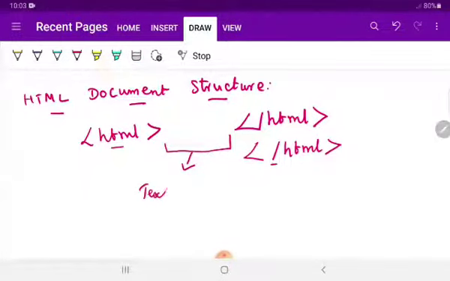You will be having text. There is a possibility to have audio. The next one is video, and next is links, hyperlinks. You have to write all of that within the HTML tag. Whatever content you are willing to have, everything must be written within the HTML tags only. If you are not writing it, it will be invalid, otherwise the content will not be displayed.